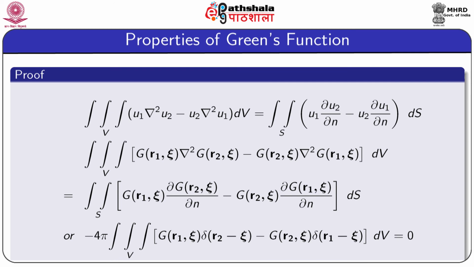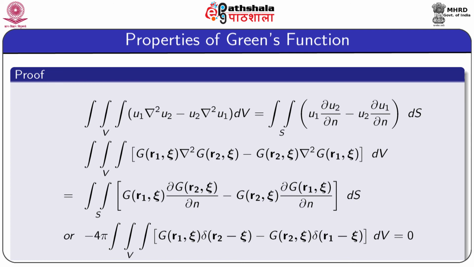Now, this is our famous Green's theorem, which converts the volume integral to the surface integral. Now, in this theorem, we substitute the values of u1 and u2. So, those values are substituted in the next step,